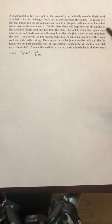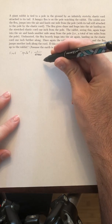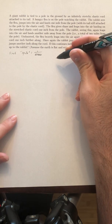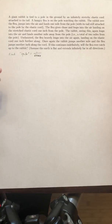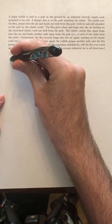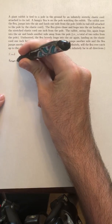Okay. Now we imagine the rabbit is going to jump, but the flea's proportion of the rubber band that he's covered remains constant, though relative to his position before the rabbit has jumped, his position increases. Okay. So what happens basically is, then the flea is going to jump after that, making the total proportion that the flea has traveled along the rubber band after the second cycle